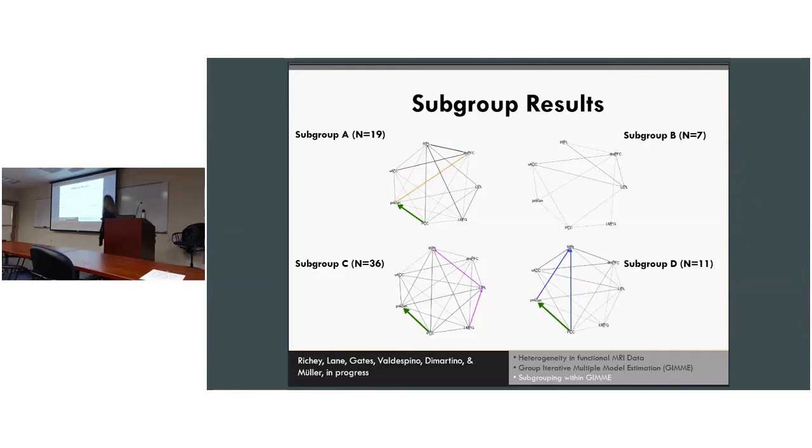But what I want to draw your attention to is that this path opened up at each subgroup level. And so this subgroup was differentiated by not having that path. This subgroup also didn't have, well, I'll get to that. And then I highlighted here paths that were more likely to occur in this subgroup versus every other subgroup. And so we begin to see that we can make a little bit more sense of these results.